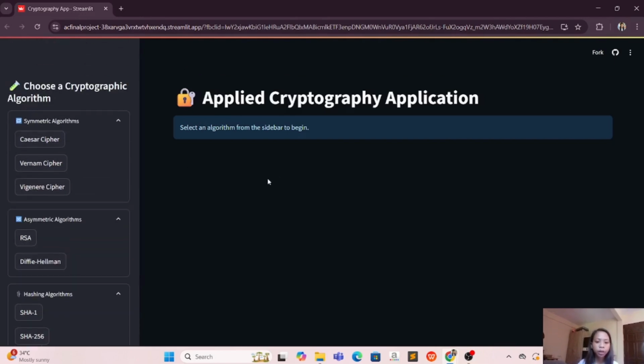These algorithms transform readable data into an unreadable format, which can only be reverted by authorized parties. It underpins a wide range of everyday applications, including secure messaging, email encryption, digital signatures, and online banking. This project provides a hands-on interactive platform for learning and experimenting with commonly used